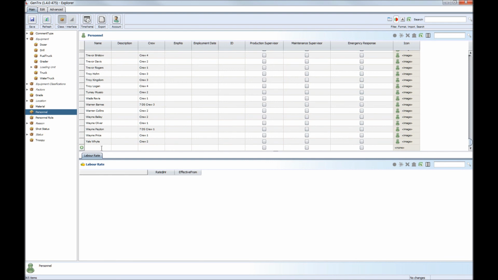Information can also be uploaded through an easy-to-use Excel upload interface, and interfaces are also available to commonly used fleet management systems and HR